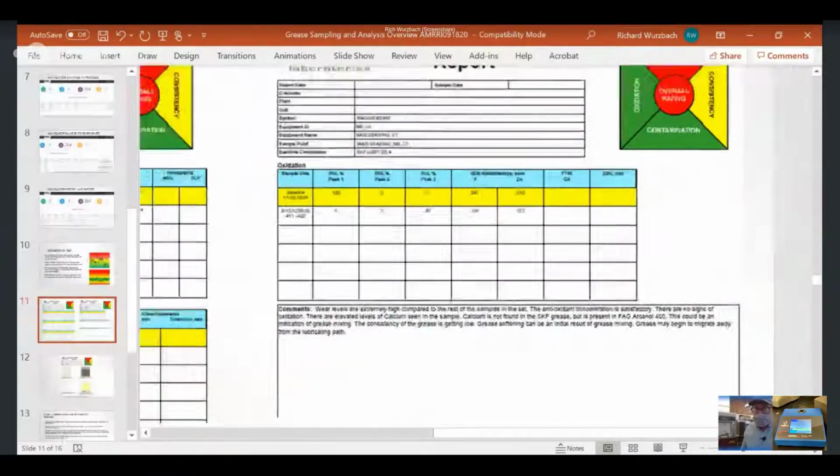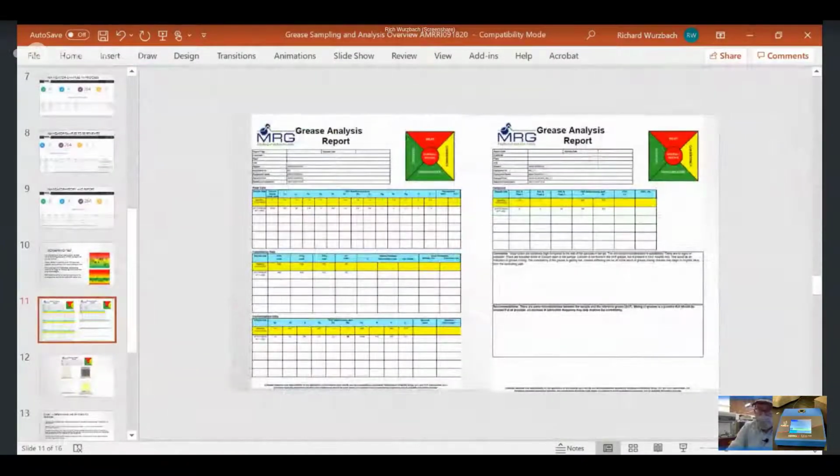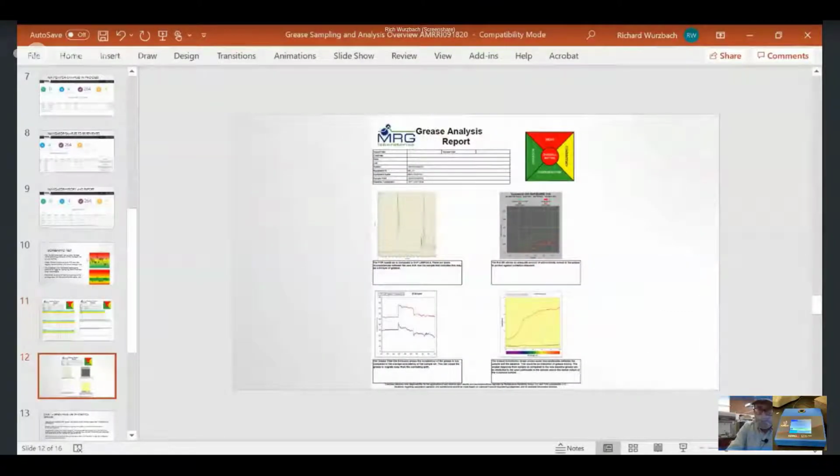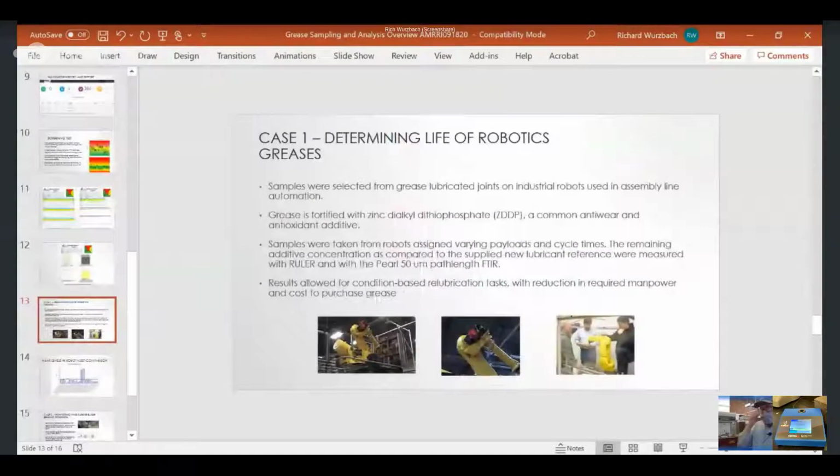In more detailed analysis, we get into presenting reports on the grease analysis, looking at all the four areas that we talked about: wear, consistency, contamination, and oxidation. But today we're just going to look at ferrous debris in parts per million. So a couple of quick case studies, one from robotics, where a number of samples are being taken from these